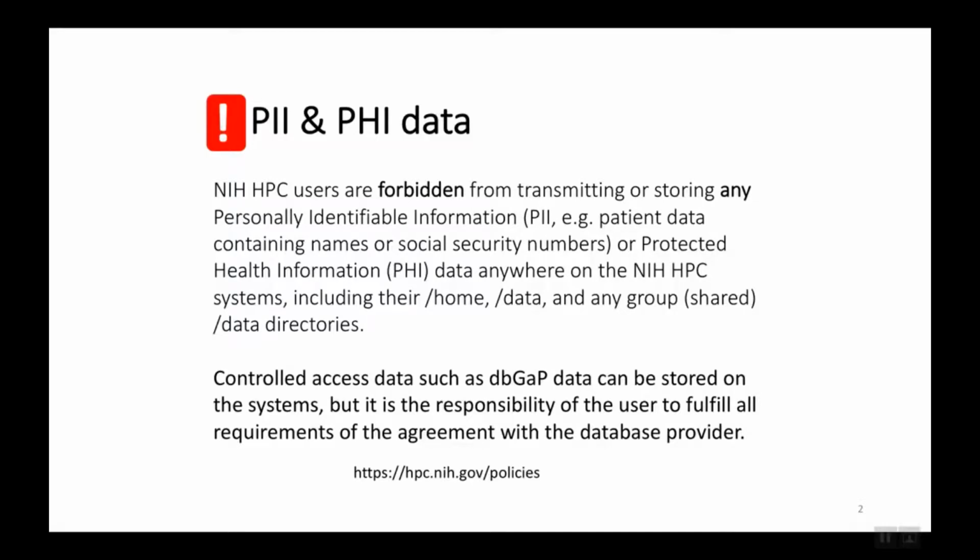However, you, the user, are responsible for fulfilling all of the requirements set out by the data provider to ensure the security of that data. And if you have any questions about how to do that, you should consult the HPC systems documentation on access permissions to data and email